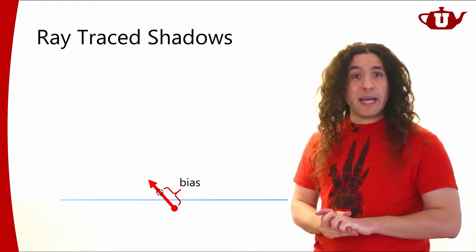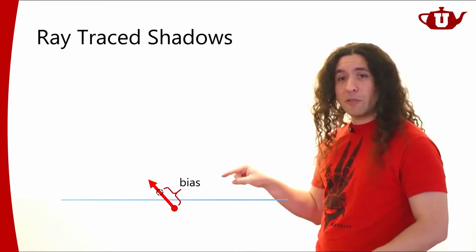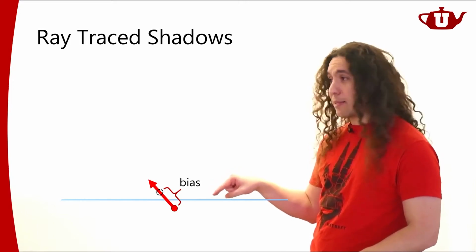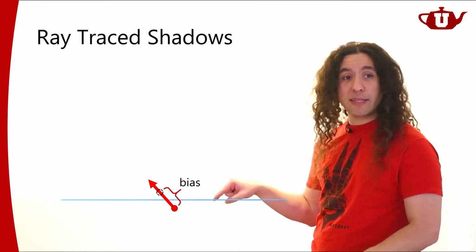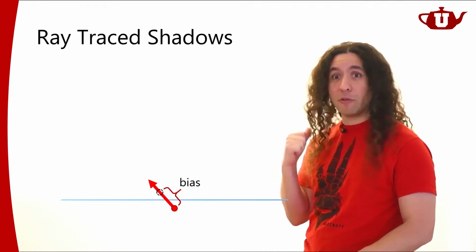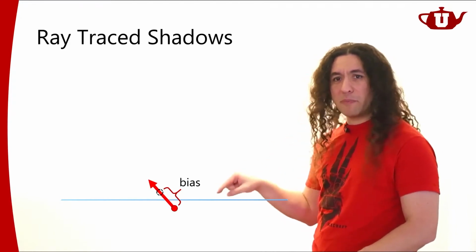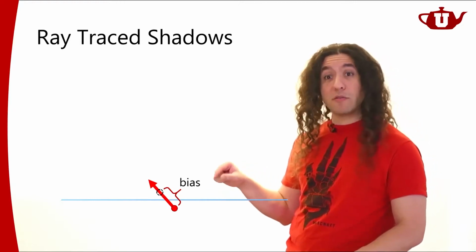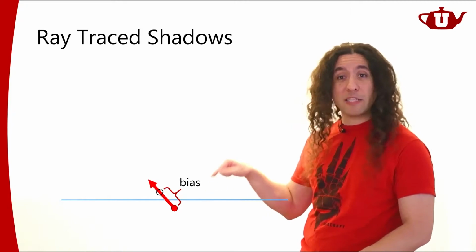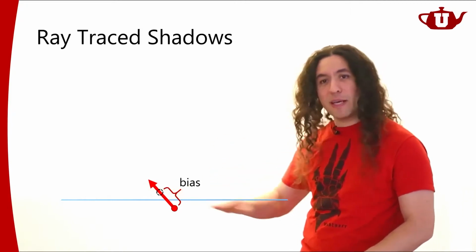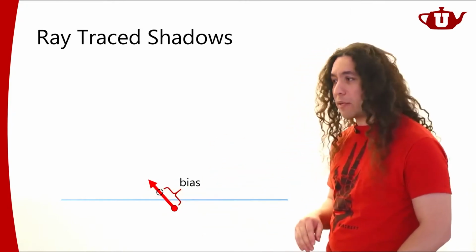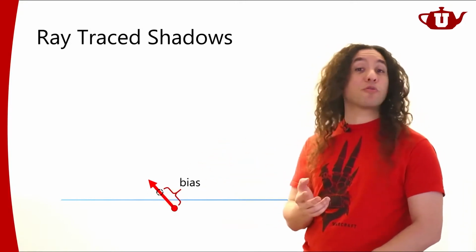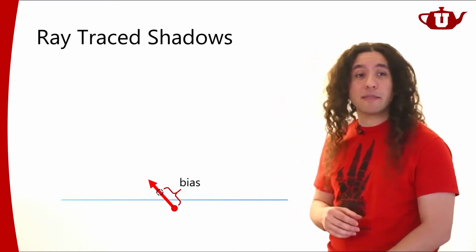The one that I really don't like is going to be sort of keeping score of this plane, keeping a note of this object and say, hey, if I'm hitting that object, I'm going to ignore that. That's not what I would recommend, because that's not necessarily what we want to do. Sometimes you would like that point to be able to cast shadow onto itself, that surface, if the surface is not planar. But in some cases that actually works. So that's another solution that could work in some cases.